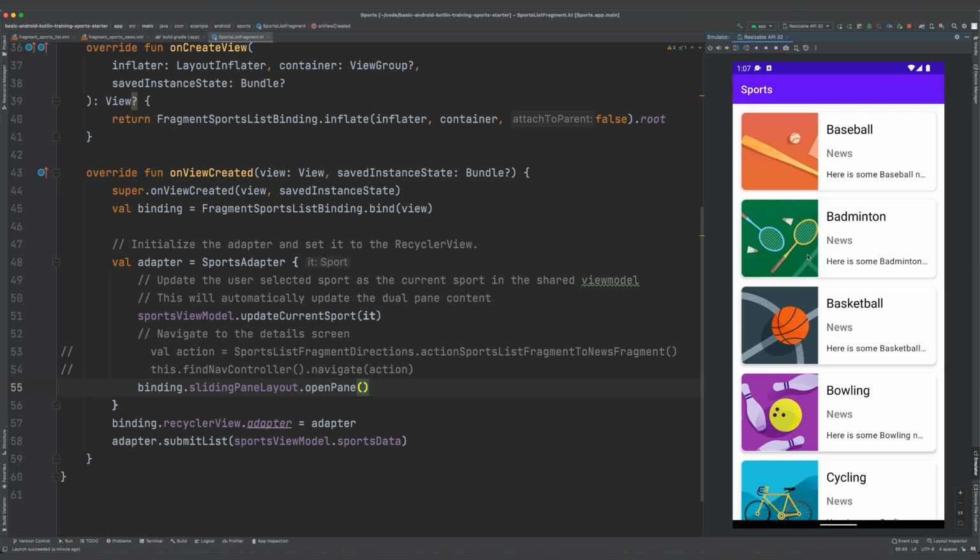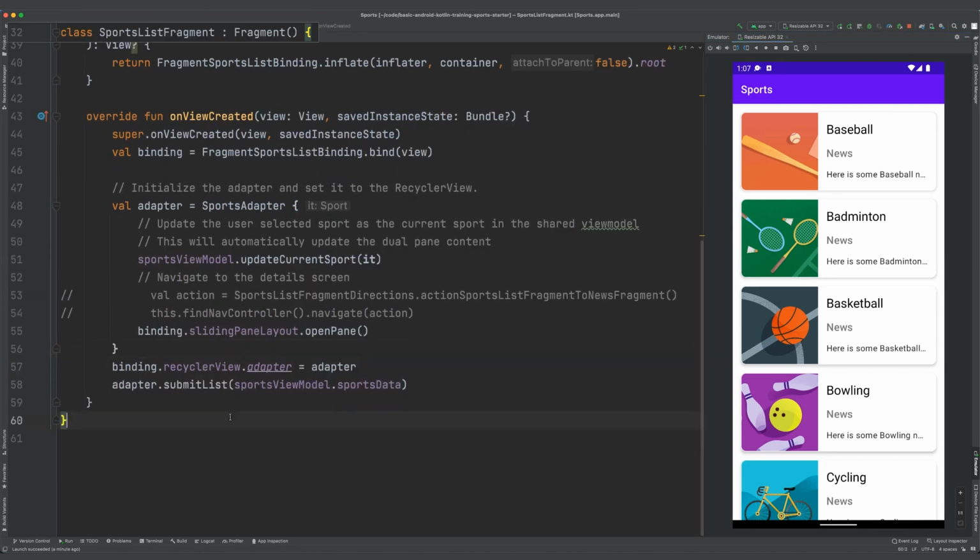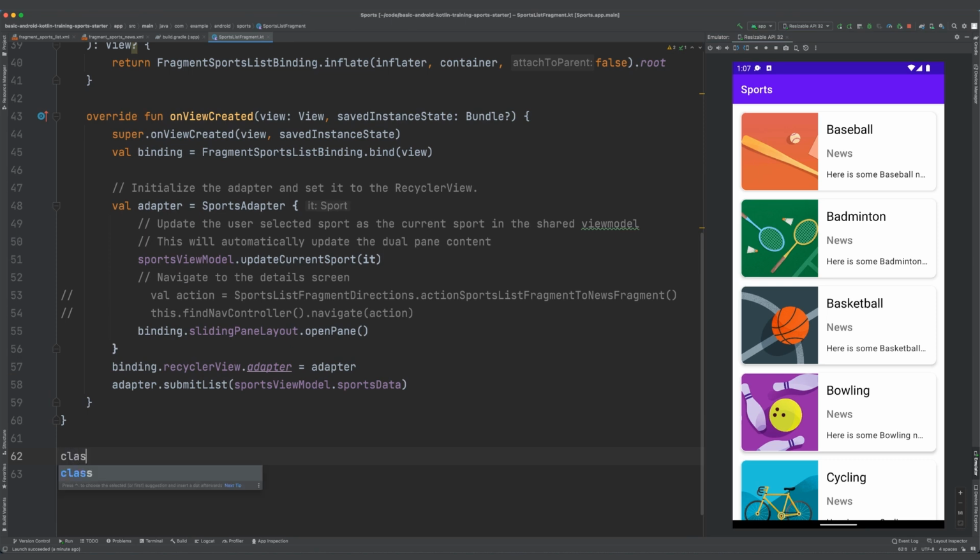So to define the custom callback, we are going to create a new class. In the same file we were working with, the sports list fragment, at the very bottom, we're going to create a new class called SportsListOnBackPressedCallback.